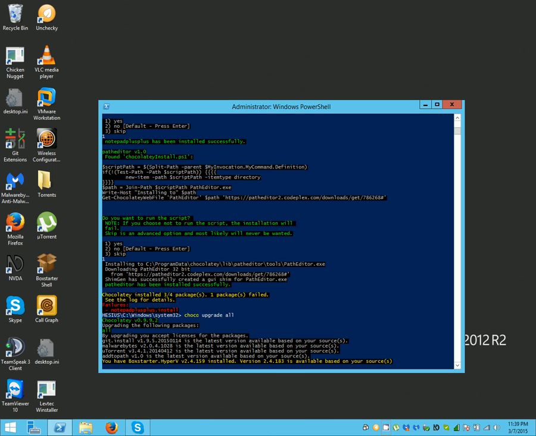But overall, this is the new Chocolatey framework. I love this as a package manager, and actually creating new packages is easier as well, and I will show you that in another video. It's actually something that I can do this time around, because the last time I did it I kind of messed a couple of things up, but mainly the thing that I messed up was the silent arguments for the application that I was installing, because of course they had to be different than the average ones, but